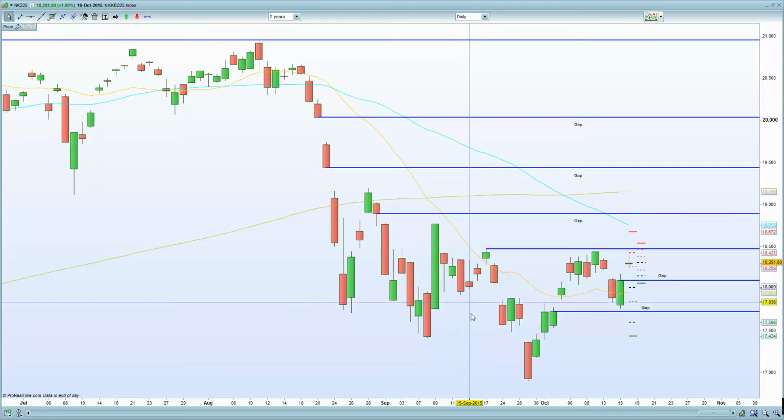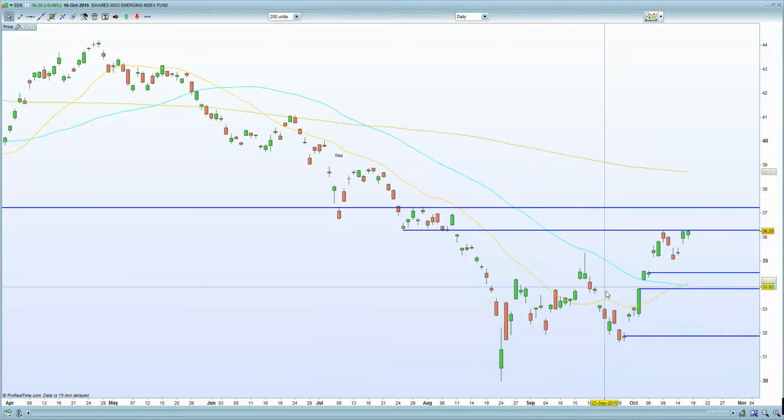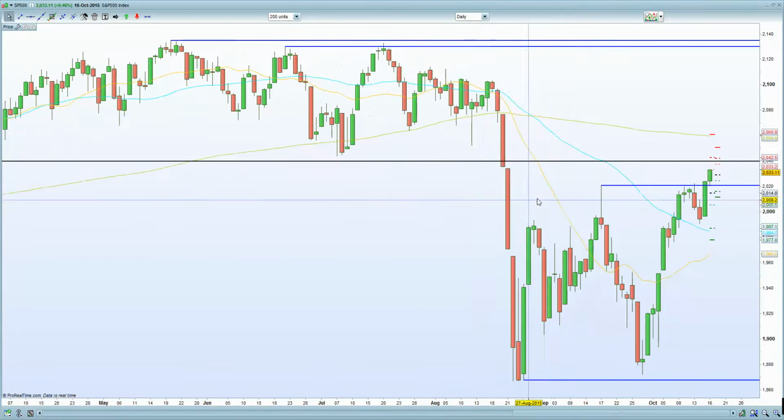So emerging market concerns start to resurface, as you can see here. Emerging market index fund, previous support equals resistance. So all those factors put together, and given the fact that US markets, if I bring up a chart, the S&P 500, we were struggling at 2020. We have thrust higher subsequently, 2030, but given the fact that the Russell hasn't confirmed the move higher itself is